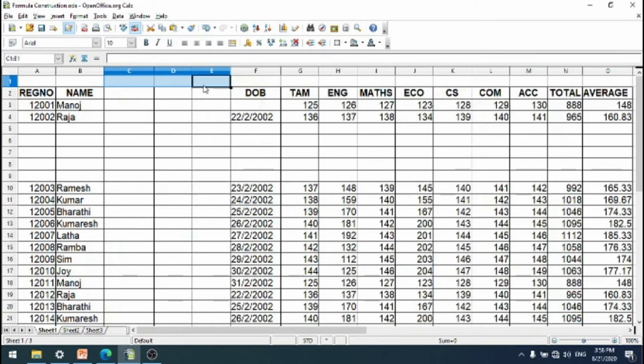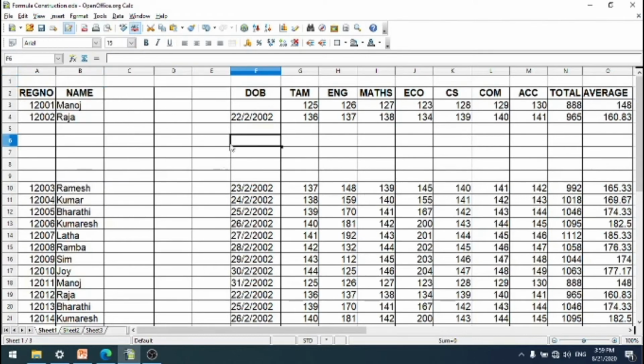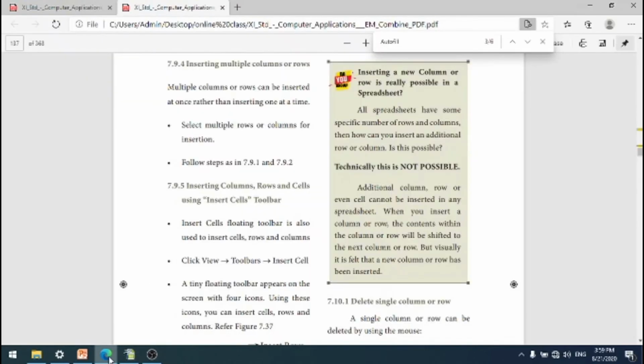So 3 columns have been inserted between name and date of birth. Okay, understood how to include multiple rows and multiple columns. You can also use the insert column menus, insert columns and insert row. Then you can use the insert cell option to insert a new cell in between the selected column or row.